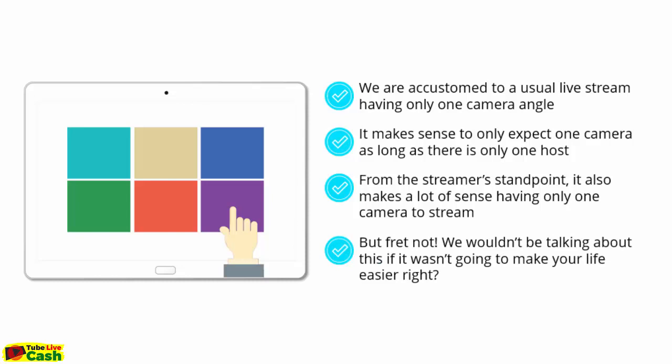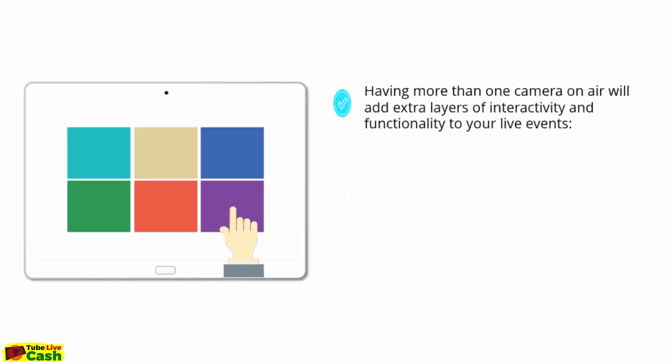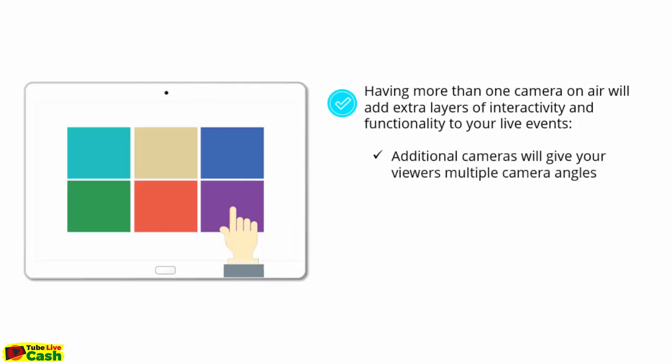It happens that YouTube also offers streamers just like you the option to use multiple camera setups for their live events, and you can do that by simply adding additional cameras to your live event. This is great news, because having more than one camera on air will add extra layers of interactivity and functionality to your live events. Additional cameras will give your viewers multiple camera angles, so if you want to make transitions